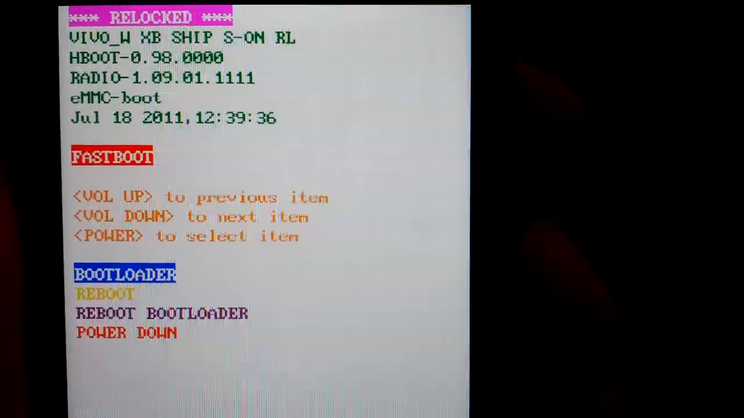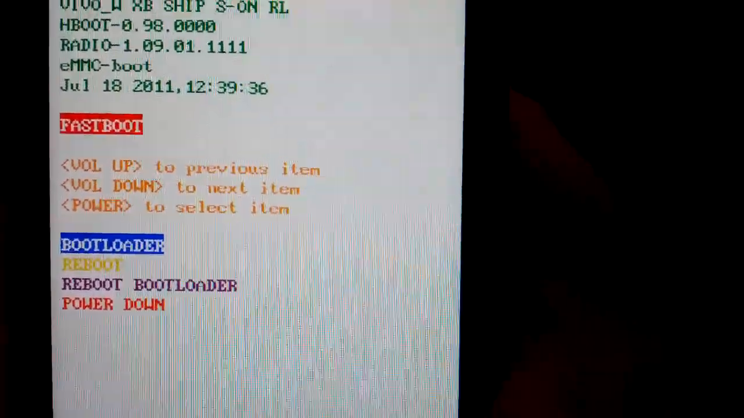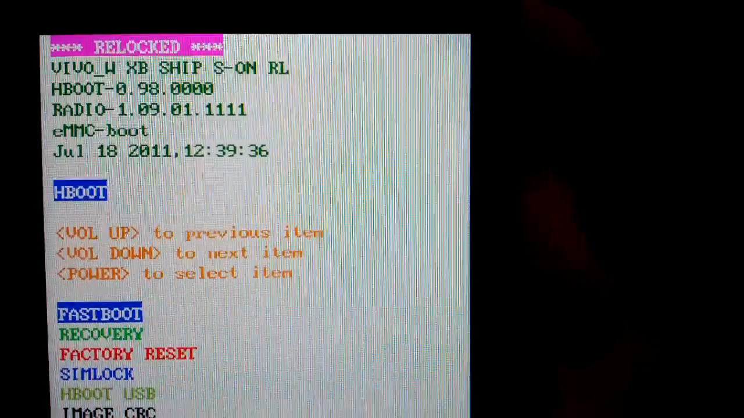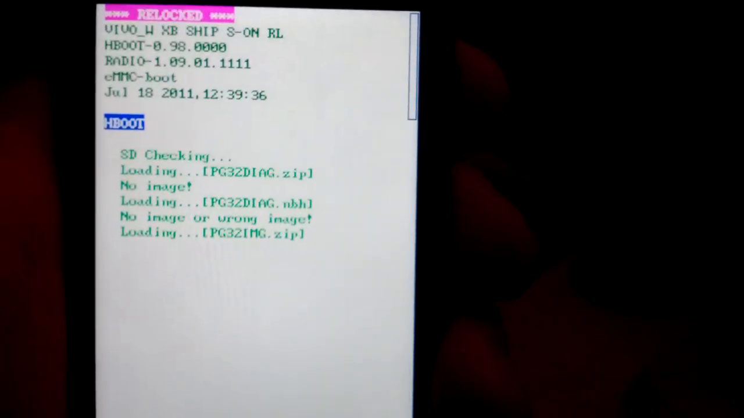It'll say it's in fastboot. The security warning is gone. As you see, it just says relocked now. Once you see that bootloader is highlighted in blue, just press power. And now you're in the HBOOT, which you can see up there at the top, because it says HBOOT. Now you're going to let it check. It's going to load up that